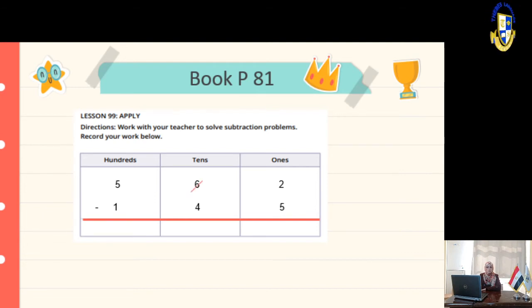So 12 minus 5 equals 7. This is for the ones. Go for the tens. 5 minus 4 will be 1. Go for the hundreds. 5 minus 1 is 4, because we didn't do any regrouping for the hundreds. So your answer is 417. Another example,